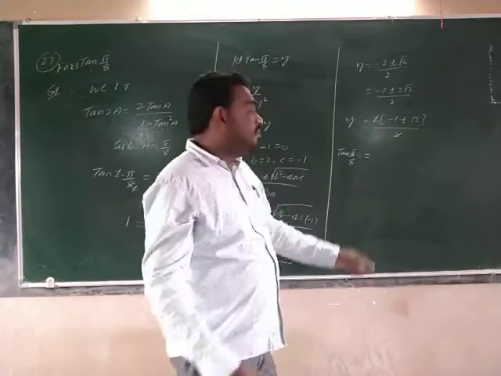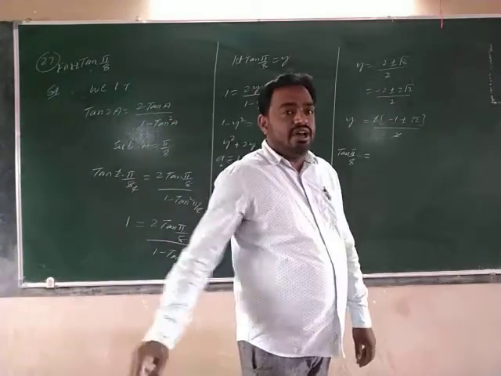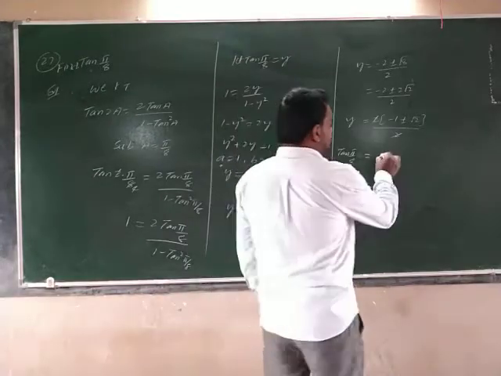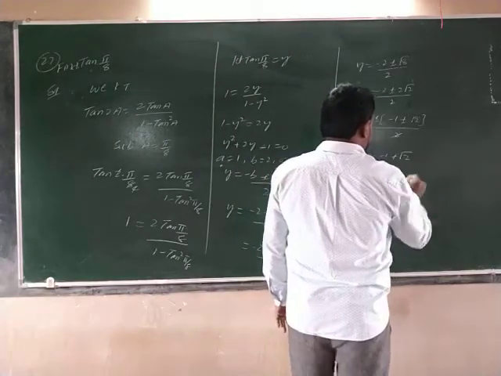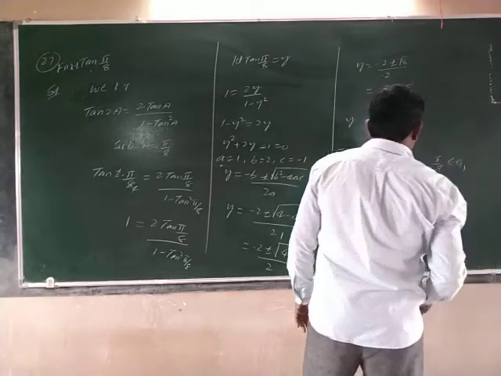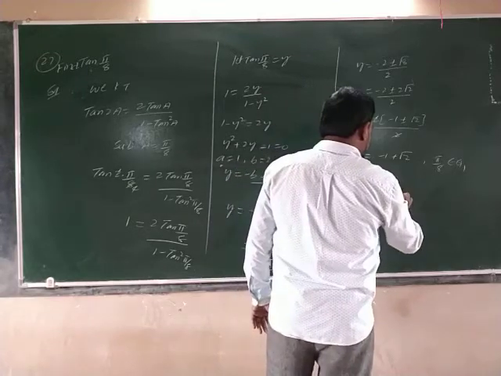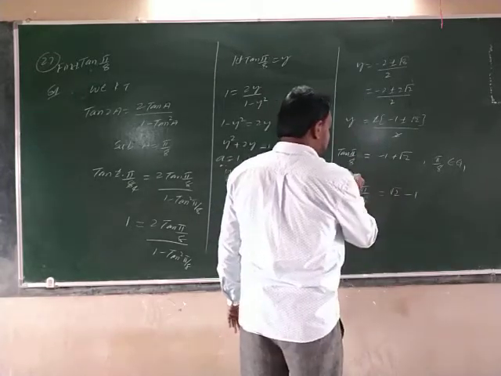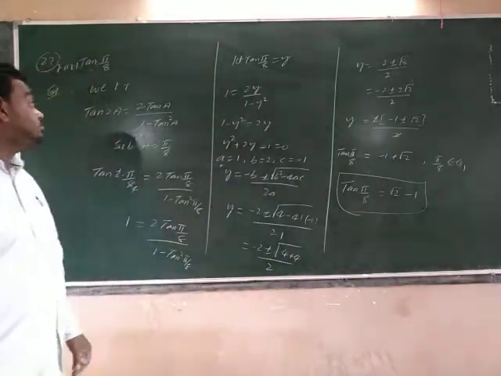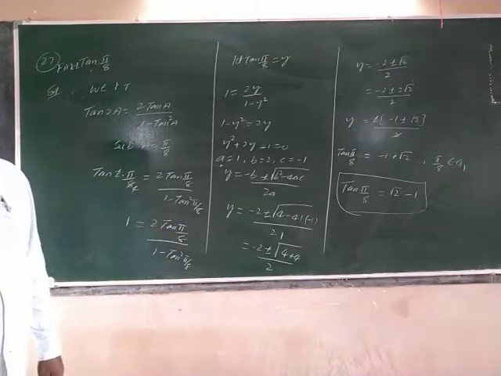If I take minus 1 minus root 2, the total is negative. But pi by 8 is equal to what? 22 and a half. Which quadrant does 22 and a half lie in? First quadrant. In the first quadrant tan is positive, so we take only the positive value. Because pi by 8 is a first quadrant angle, therefore tan pi by 8 is equal to root 2 minus 1. And this is our answer. Right? This is example 27. Next, example 28.